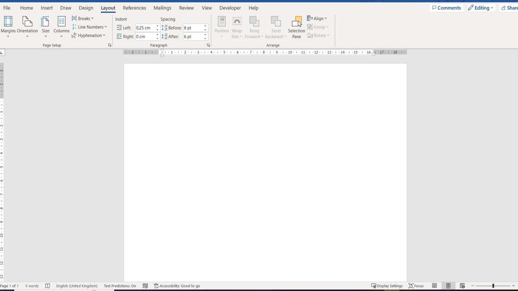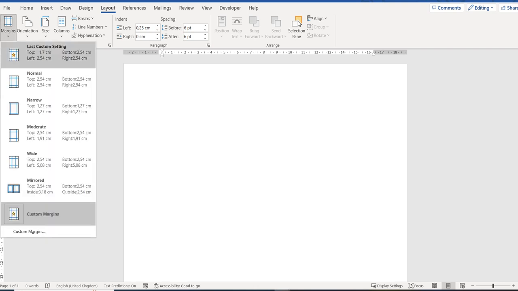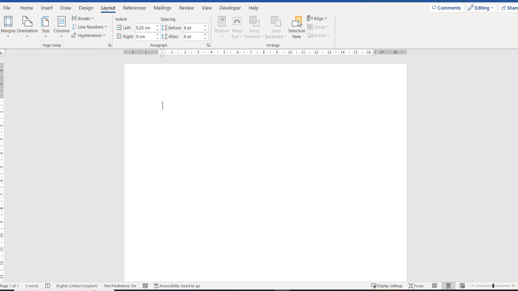Right, let's have a look at our page setup grouping and have a look at some of the functionality over there. So we've got margins, orientation, and size. And just click on these, we can see the different margins that we can create, and we can customize our margins as well. So they've got preset margins depending what you want your margins to be at the top, the left, and the right. And when you speak about the margins, you can see down the left over here, this is my top margin